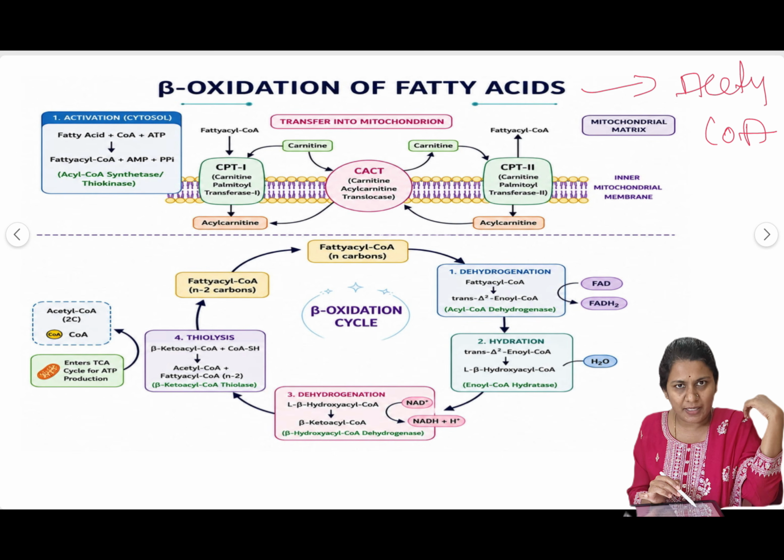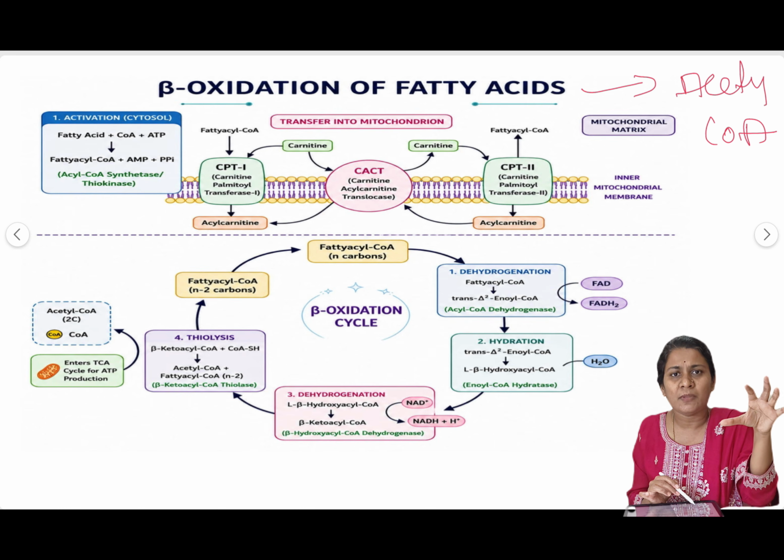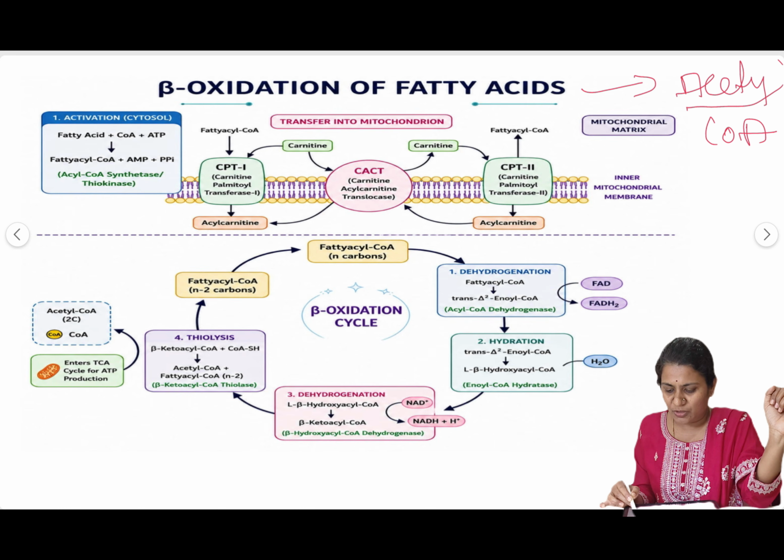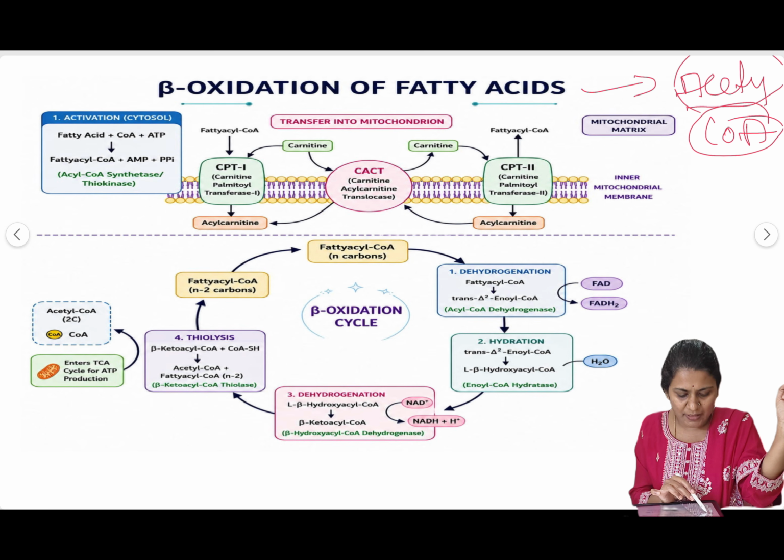Usually there are so many types. In beta oxidation there are even chain fatty acids and odd chain fatty acids. So the metabolism, the yielded product, is different. For even chain fatty acid, there is production of acetyl CoA. The fatty acid has to be activated in the cytosol, that is fatty acyl CoA. The activated fatty acid needs to enter the mitochondria. They cannot enter on their own, they need help, that is carnitine palmitoyl transferase 1, which is present on the outer surface of the mitochondrial membrane.